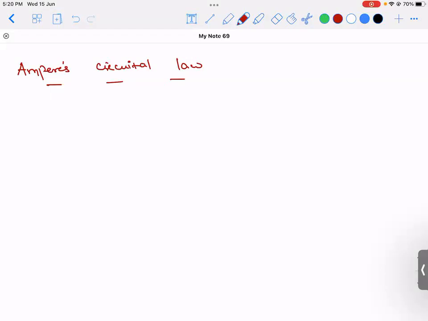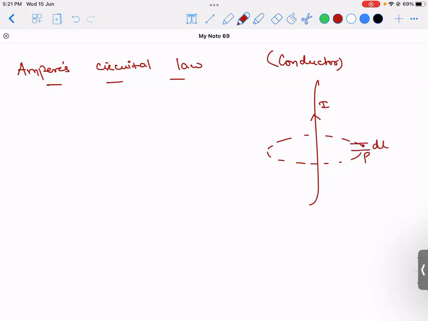In a similar way, Ampere circuital law also has something to do with a shape that is to be considered around the current carrying conductor. Okay, so let's see what it means. Suppose I have a current carrying conductor, and we are interested to calculate the magnetic field due to it at point P. Then we will consider a two-dimensional shape around it, passing through the point where you're trying to calculate the field, and on that loop you will consider a small element dl and assign a direction to it in such a way that the line integral